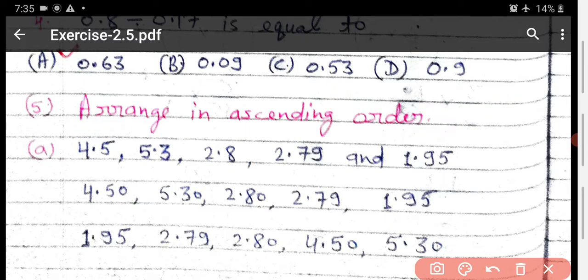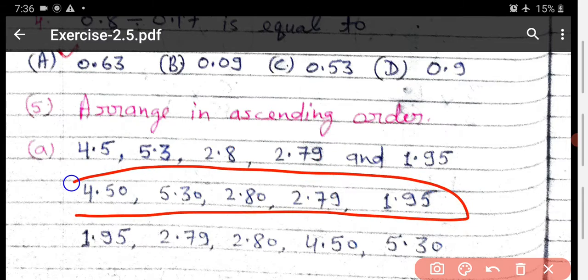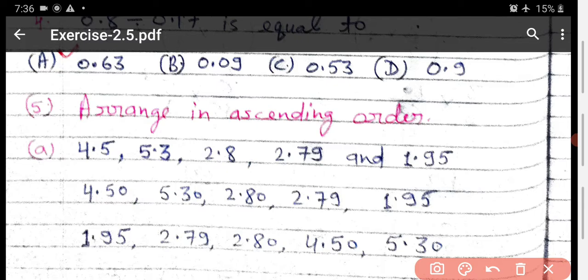First you have to make a standard form by increasing zeros. So after decimal 2 digits are there maximum. So here you also make 2 digits by putting 0. Here also make 2 digits by putting 0. Same here, and they are already in 2 digits. Now when you make standard form, it means all have the same number of terms after decimal. After decimal they have 2 digits, 2 digits, 2 digits, 2 digits, 2 digits. Now they are in standard form.